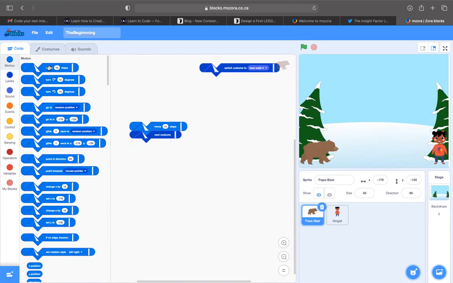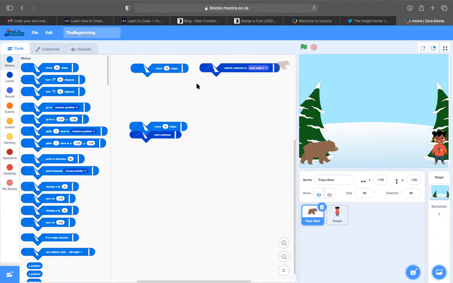Okay, so take that move 10 steps and drag it. Sorry, I didn't explain that part, how to move it to the other side. You press and hold and drag it to your coding area. You got that? Yes. Okay.